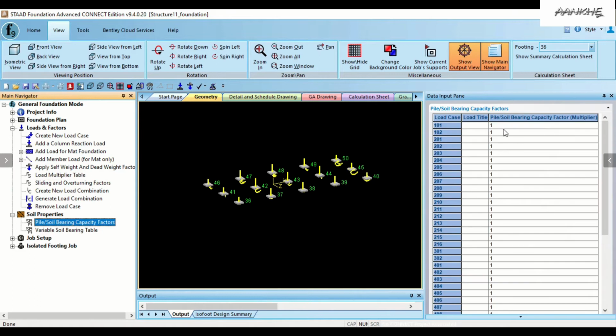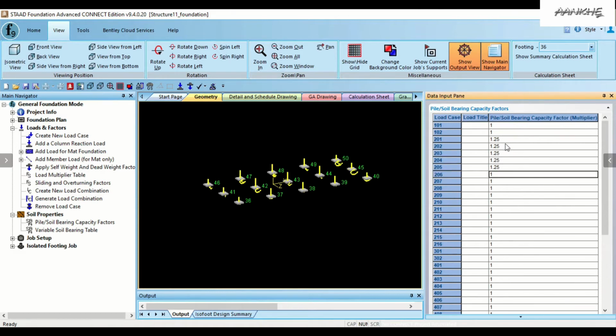Okay, so now let us come to the soil properties. Here our first two are the dead load and live load cases, so let us skip them. But from 201 onwards it is a medium type soil with SBC 28 metric ton per square meter. We'll be taking it as 1.25, that means 25% extra as per the code, that is IS 1893 part 1.